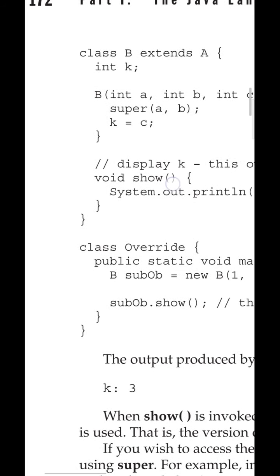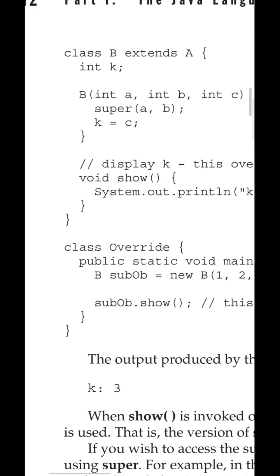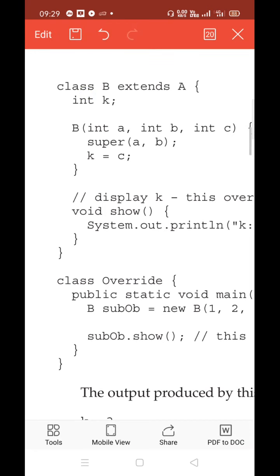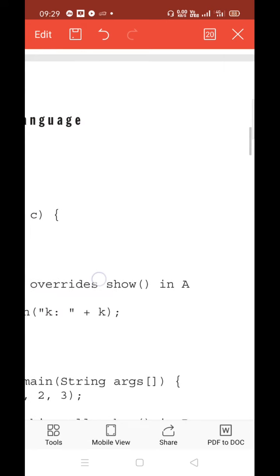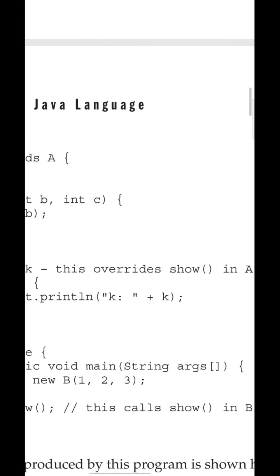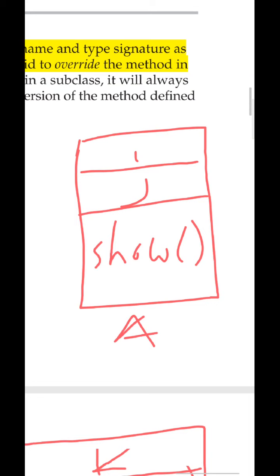Fine. Now class B is the child class or subclass, which extends, better use the same keyword, the properties of its parent and its own member. Let k be its own member. So properties of B, try to list out once again. Last time I have included the box things and all, right, we have considered the memory concept. Yeah, this one, properties of class A, that is int i, int j, as well as it has got a show function. Of course it has got a default and parameterized constructor as well.